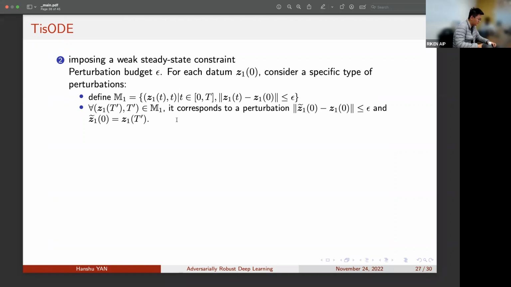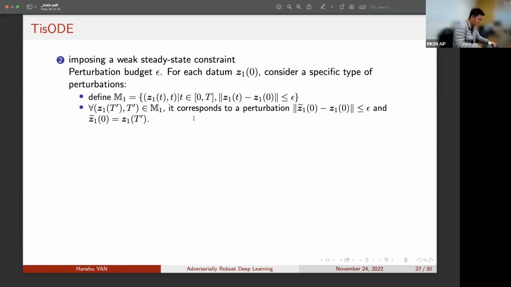So each element in M1 corresponds to a certain perturbation, the perturbed data of the original data. Now suppose we consider the tilde z1 whose initial value equals the z1